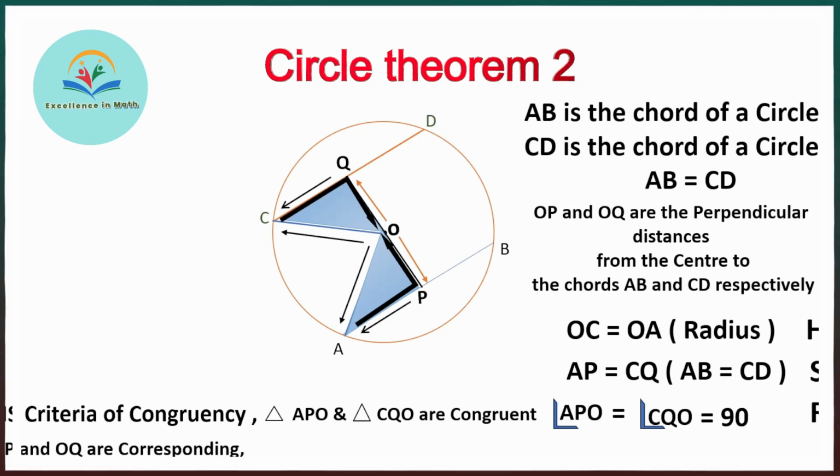Now, by the corresponding parts of congruent triangles criterion, CPCTC, we can say that the corresponding sides are equal in length, so that OQ is equal to OP. Am I right? So we started with equal chords and we end up with them being equidistant from the center. Hence, equal chords of a circle are